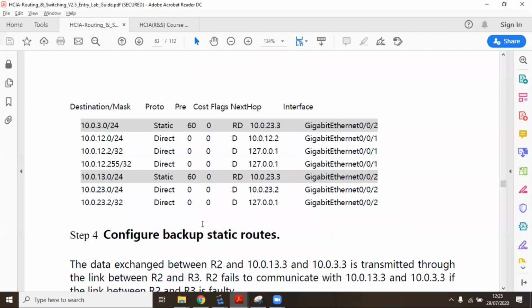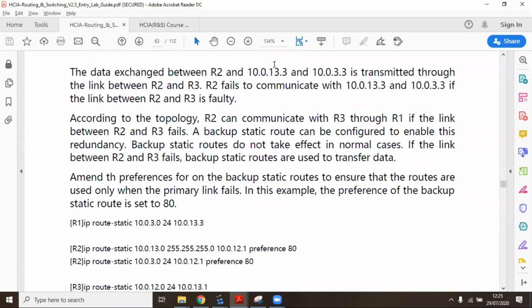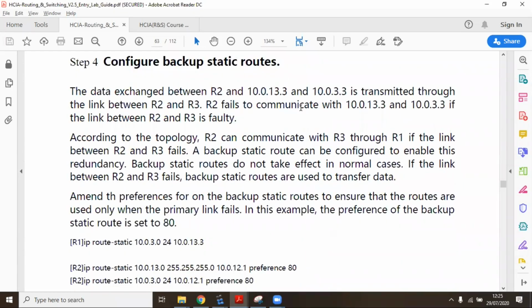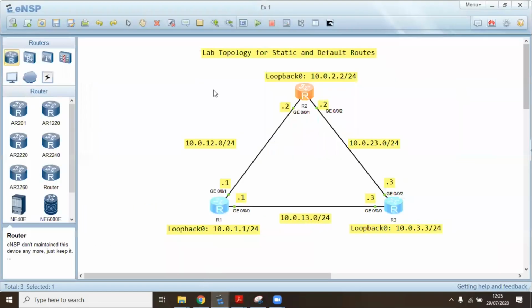So let's go ahead and look at step 4. So step 4 is on configuring a backup static route. So how do we configure a backup static route, and why do we need to configure a backup static route? Okay, so just to explain to you what has been said on that particular paragraph, for redundancy and for backup,